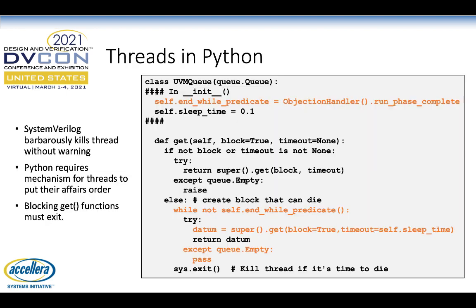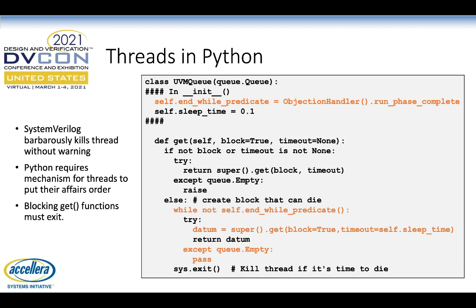Threads in Python are different than processes in SystemVerilog in that you just can't kill a thread, whereas SystemVerilog just shuts all the processes down when it's done running. You have to write threads in Python so that they can be notified that it's time to die, and then they gracefully exit themselves. In this case, we're doing this with a UVM queue, which is built on top of the Python queue, which is its coordinating inter-thread communication class. And what you do is, in this case, we extended the UVM queue to modify the get